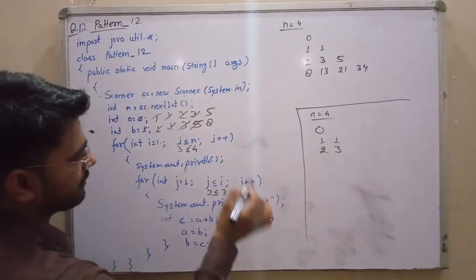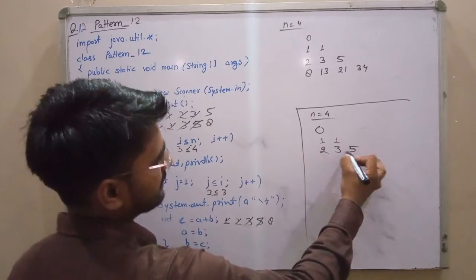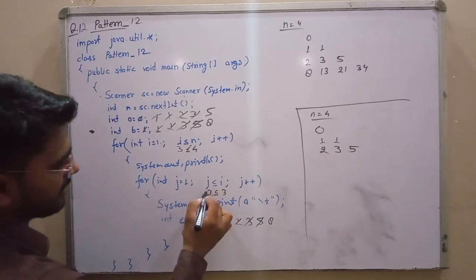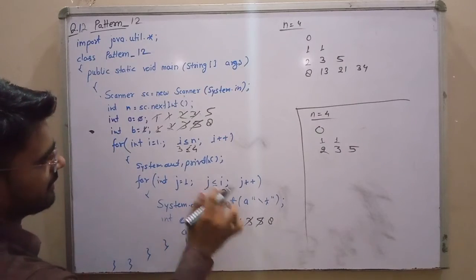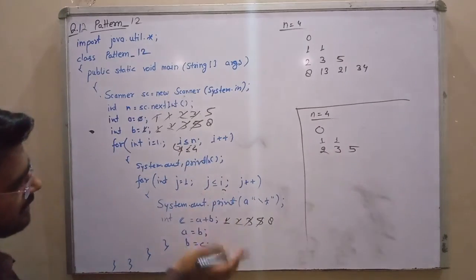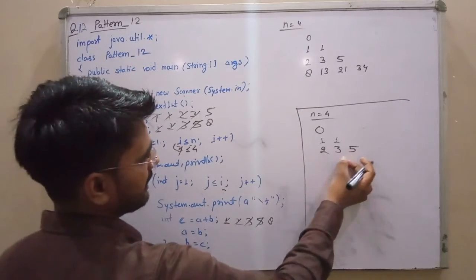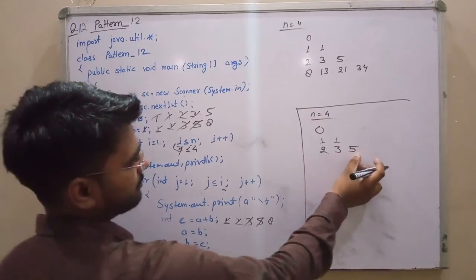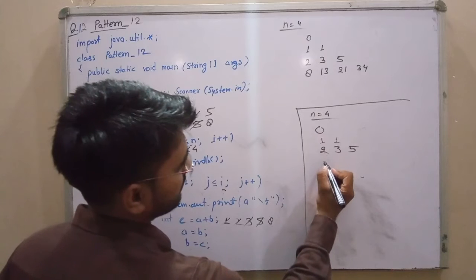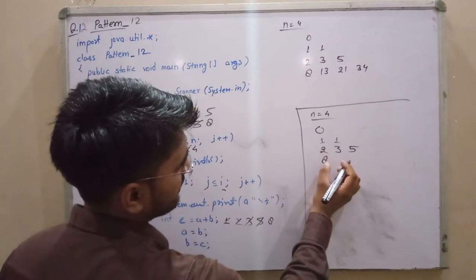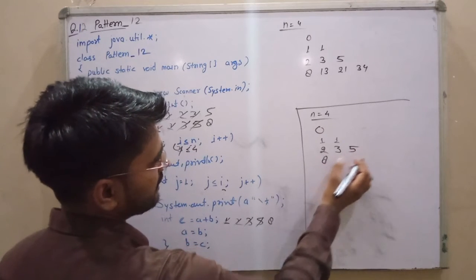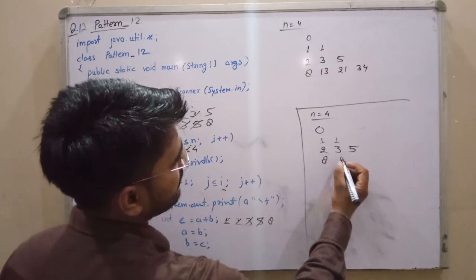Yes, so print the value of a, which is 5. This time j becomes 4 and the condition is not satisfied, so for i equal to 4 the loop runs 4 times, and the value increases with a plus b. Here a value is this value, b value is this value, so here print 8, then 13,